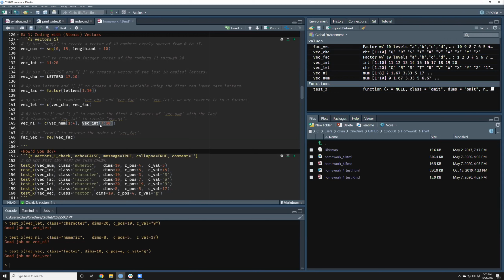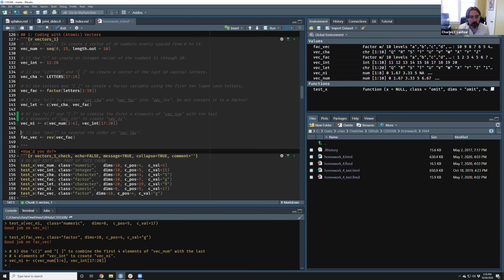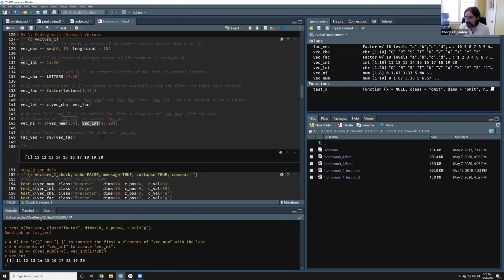Oh, yeah, I see. I have 17. Yep, 17:20. Yeah, so the thing is there, if we put 17:20, this does a weird thing. The code will run, which is funny because you'll notice vec int only has 10 elements. Why does it let me subset to its 17th through 20th element? It's dumb.